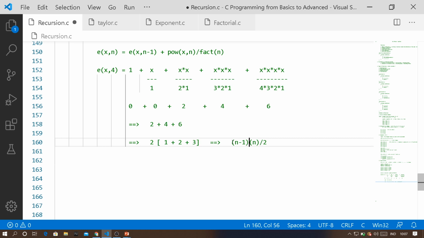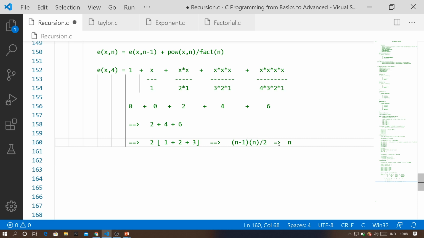You can also take it approximately as n multiplied by n plus 1 divided by 2, but I want to make it very perfect. That is why I'm taking n minus 1 multiplied by n divided by 2. The reason is that we are not finding the sum of natural numbers up to n, we are finding the sum of natural numbers up to n minus 1. So this is the formula to find it. How to simplify this? This n is common to this n, and this 1 is also common to n. So you have to multiply it. When you multiply it, what will happen? This is converted to n square.